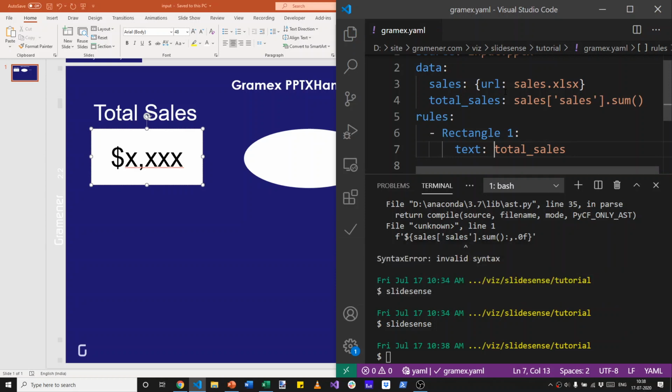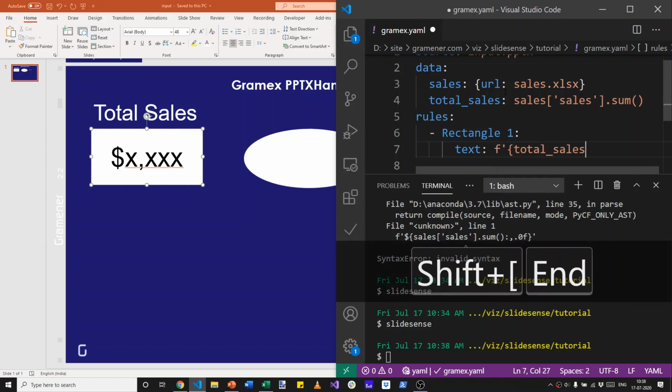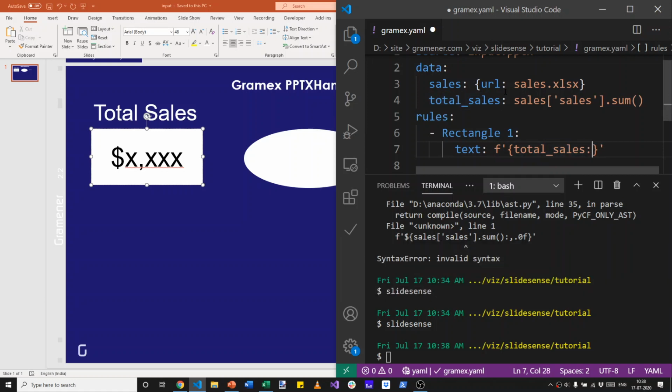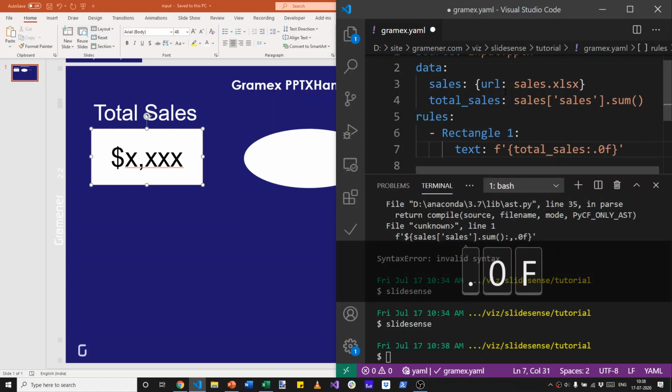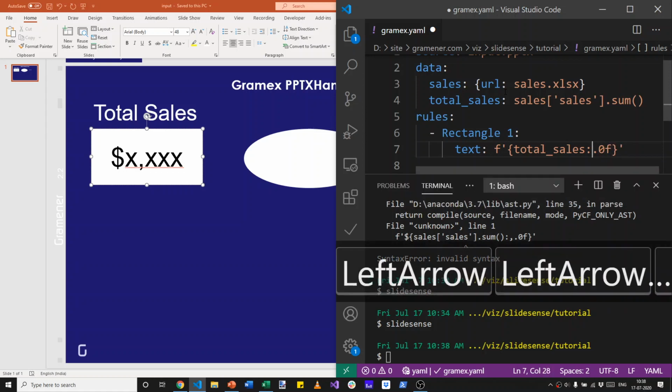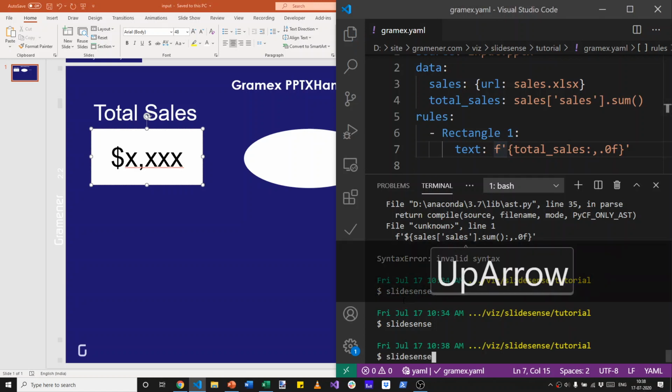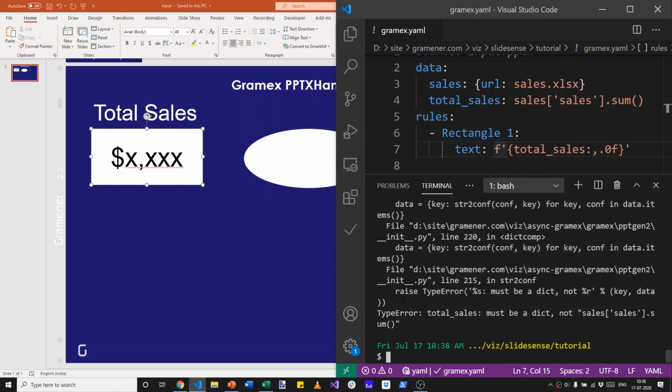But now here's where the power of string formatting comes in. If I put an F quote and put this in brackets, I can format this number as a Python format string. So 0.0f means print it to 0 decimal places and round it off. Putting a comma before it will make sure that this comma is there as well. And I can also add a dollar in front of it, but I'm going to do that in a few seconds. Let's start by just making sure that we get total sales must be okay.